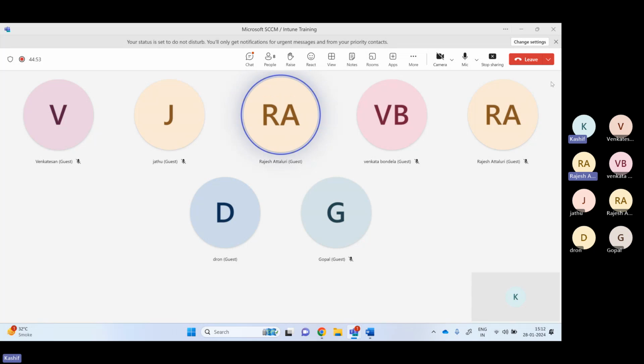Okay, so I am going to share one. First of all, you guys need to join this group. Okay, so I'm gonna send the invite copy. So I sent it to drone. Now I'm gonna send it to Gopal and I'm gonna send it to Raj, and I'm gonna send it to Jathu and I'm gonna send it to